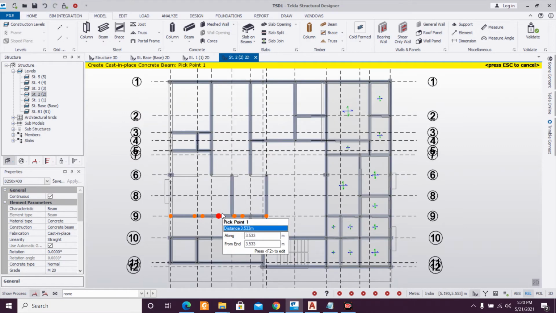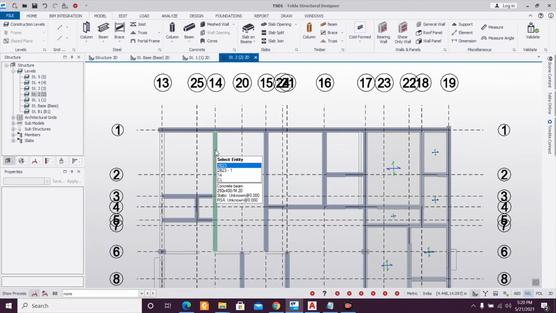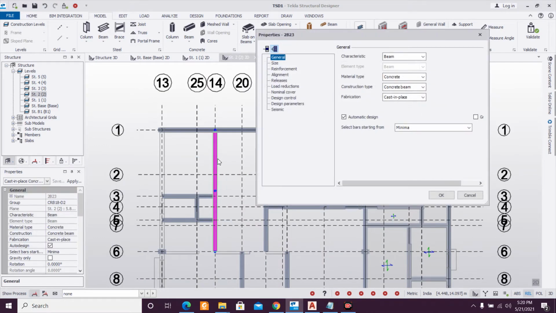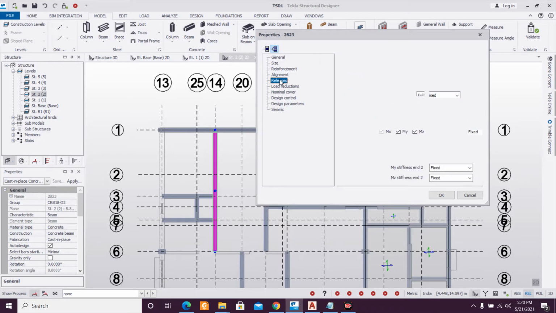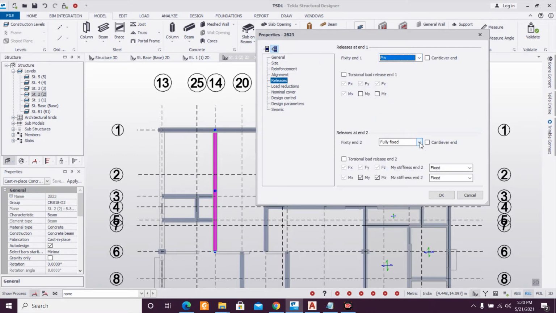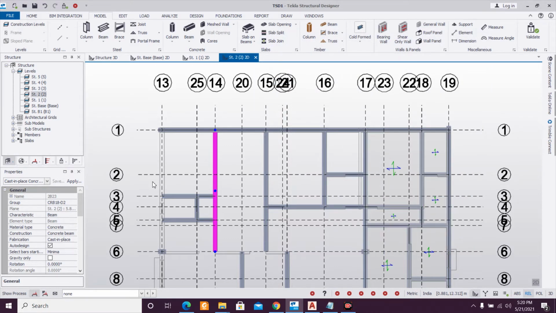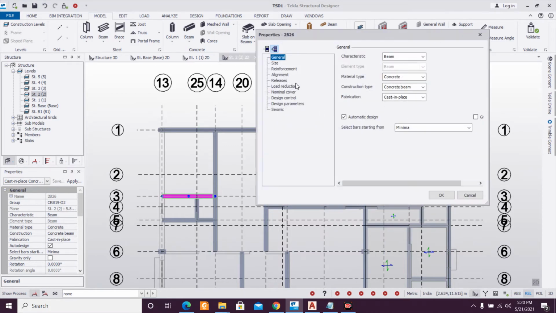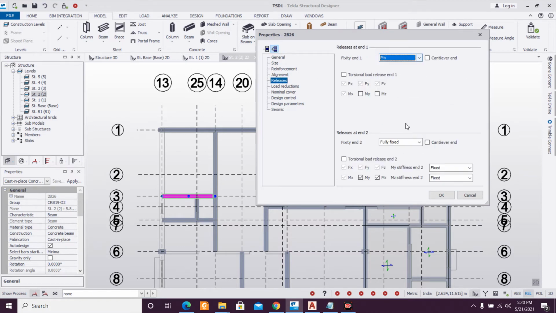And before giving the main beam, we can define the support conditions of all the secondary beams. So that's very important, defining the support conditions for the secondary beams. So let's define the support condition for the secondary beams. Click on escape. Here we don't have any columns here, so releases pinned, make this pinned quickly, and this one let's finish from one end, pinned.